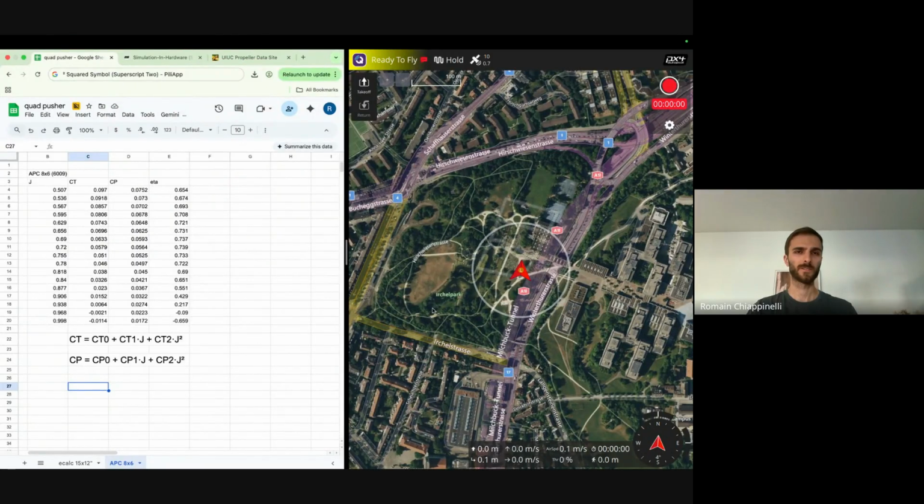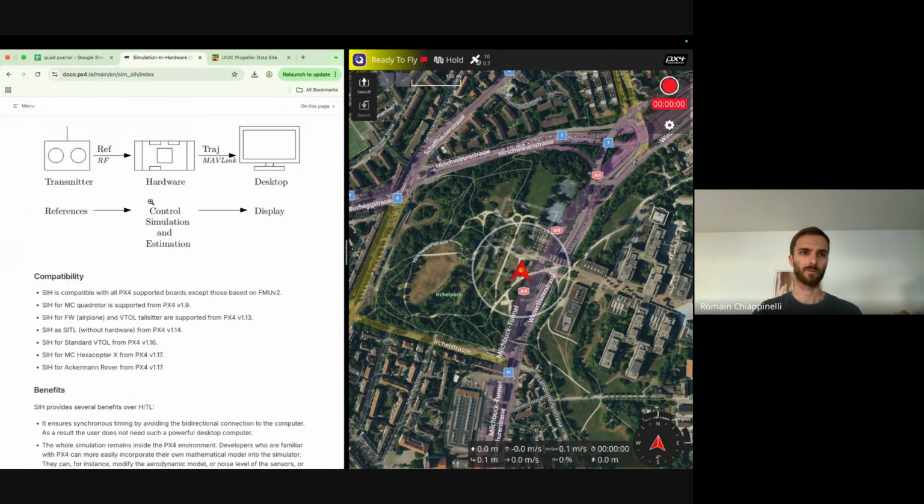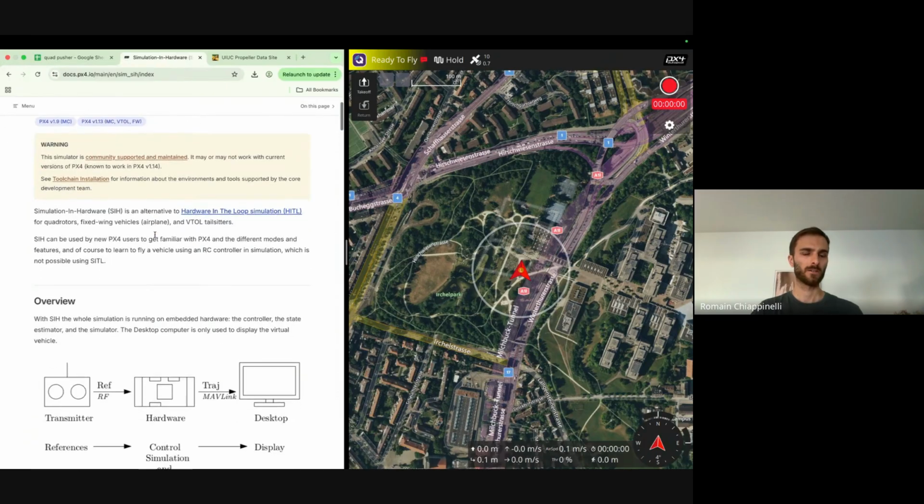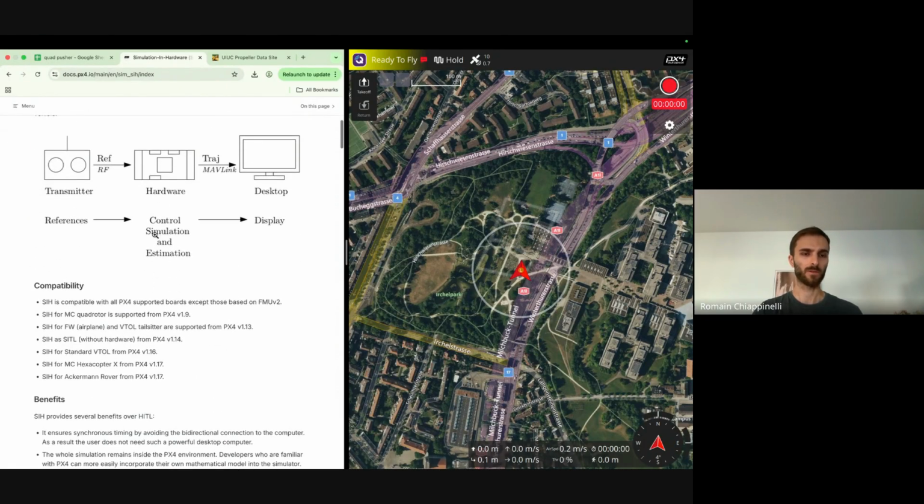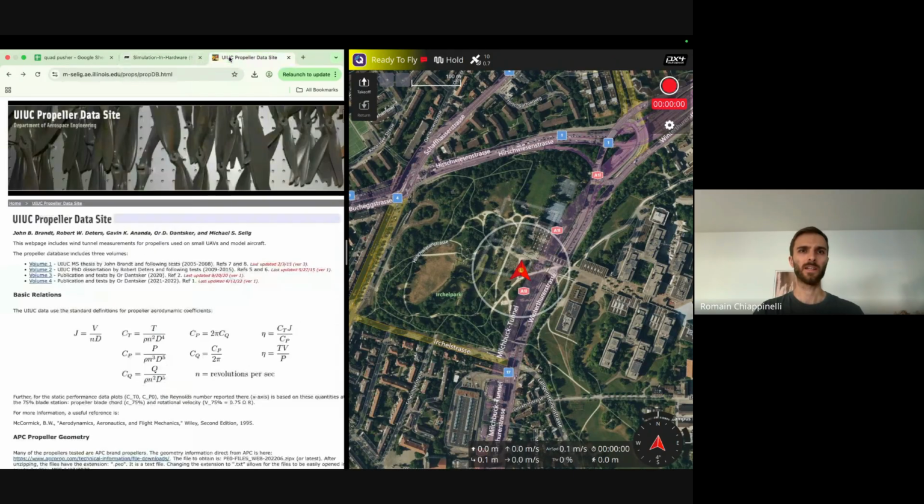Hi everyone, this is Romain Chiapinelli from Altitude R&D, and I will show you the new feature of the Simulator-in-Hardware, or SIH, within PX4. And so I added the propeller model from University of Illinois,